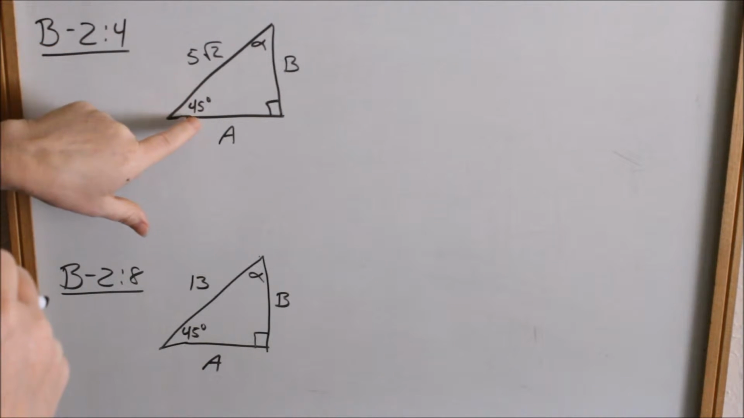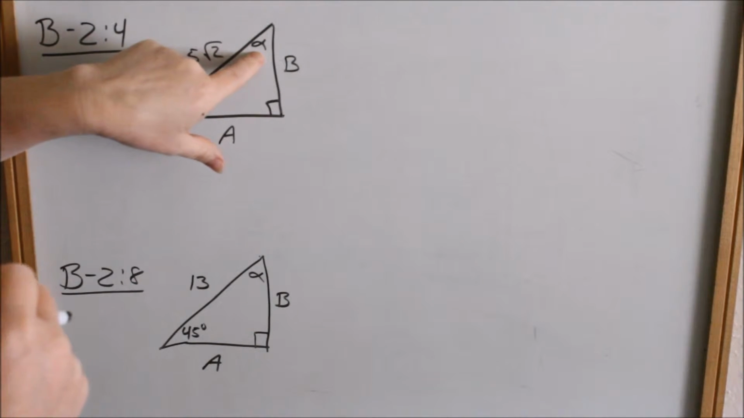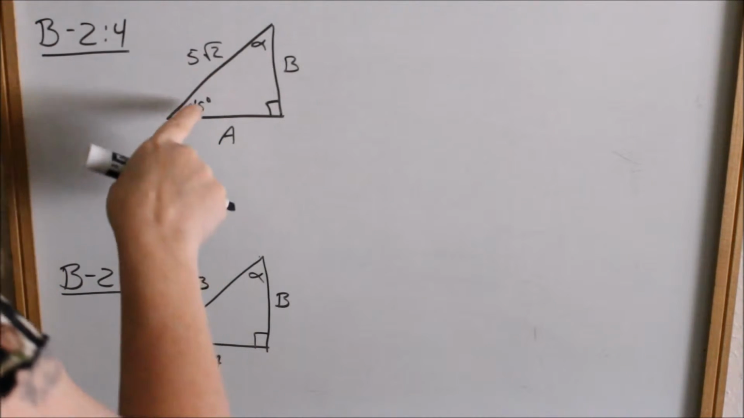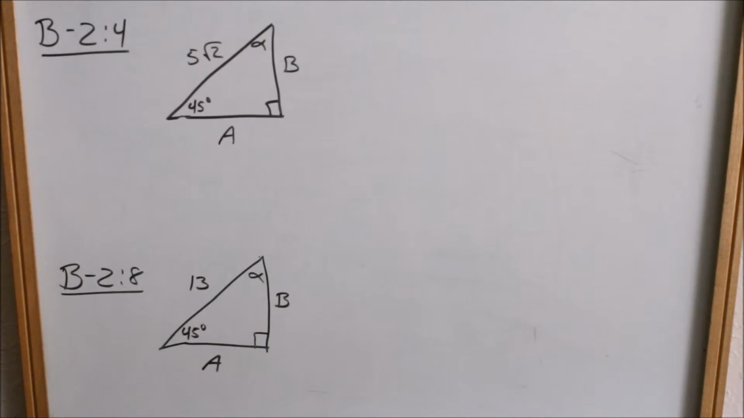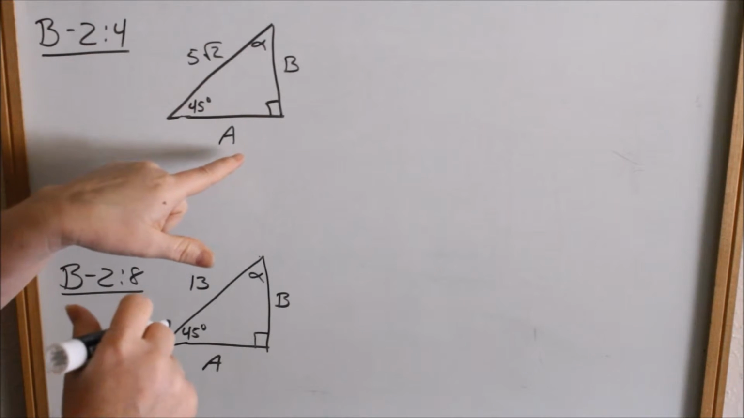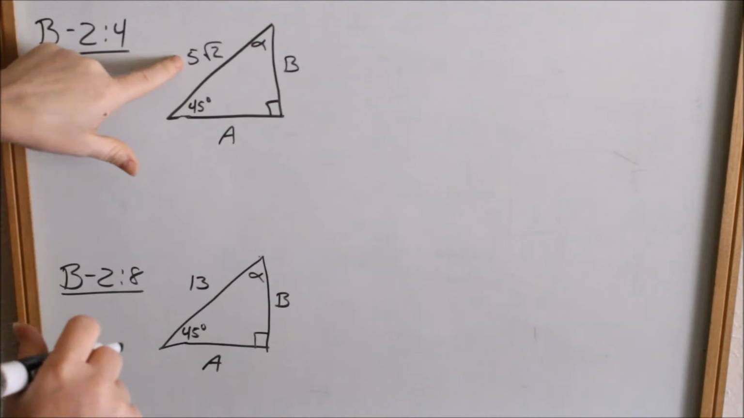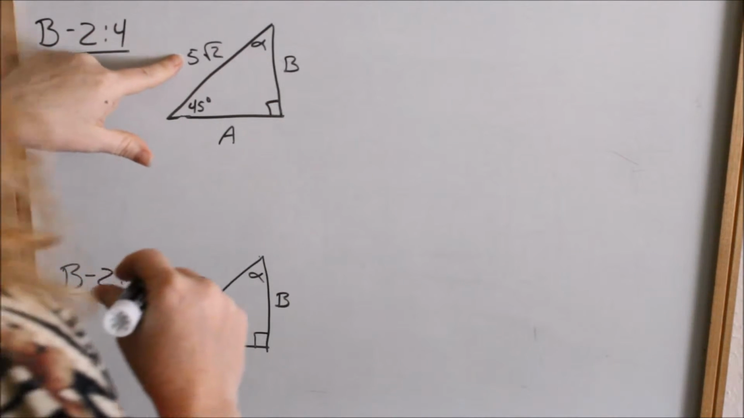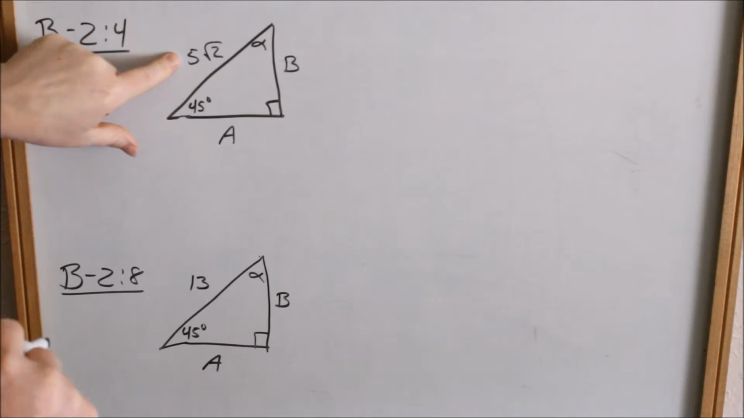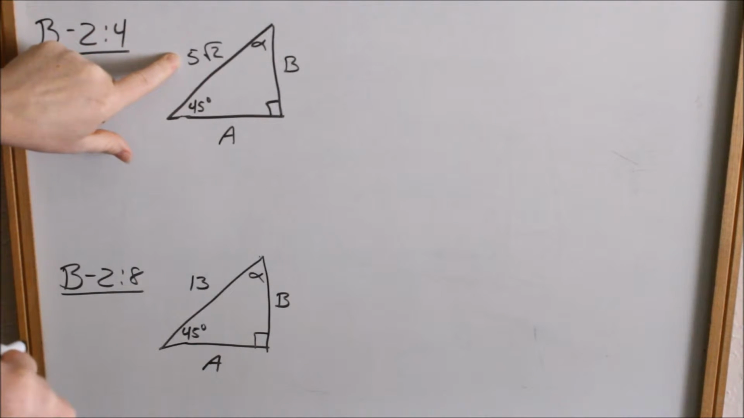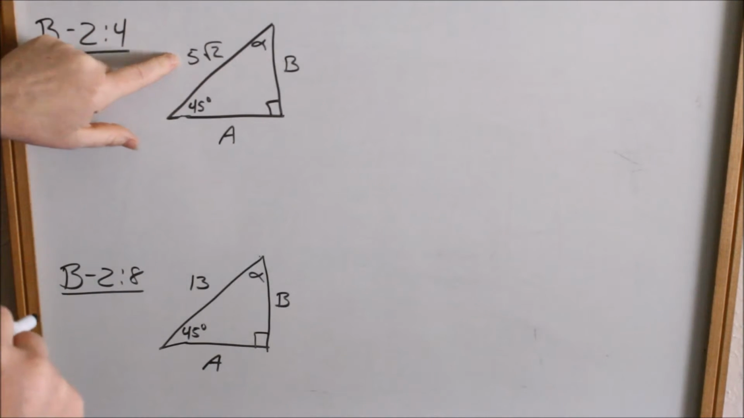Okay, so since we know this is 45 degrees, alpha also has to be 45 degrees, which means this is a 45, 45, 90 triangle. In a 45, 45, 90 triangle, our legs are the same, and our hypotenuse is the leg times square root of 2. Well, here we're given the hypotenuse, so how do we go backwards? So to go backwards,